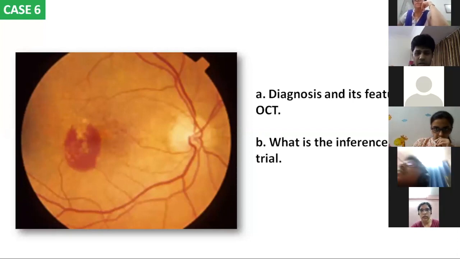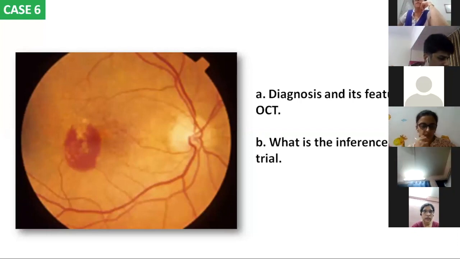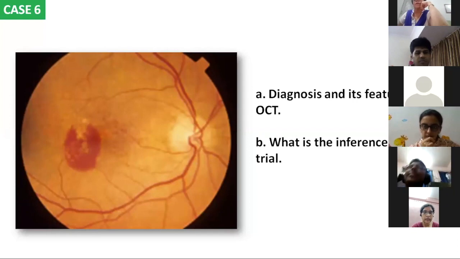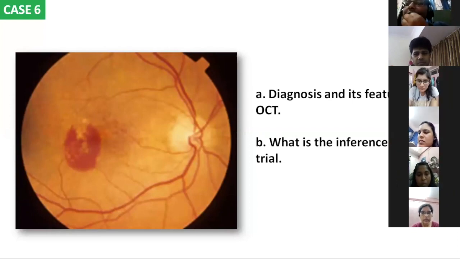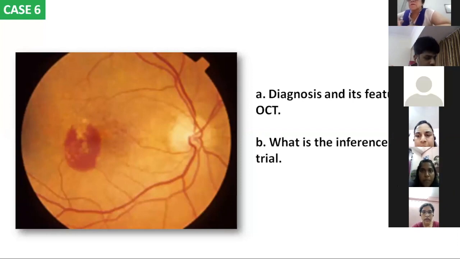Akash, you want to pass it on? Akash, it's already 30 seconds up. Please answer fast. Somebody else can answer if he cannot. Age-related. What is it? Hiteshi, can you take this up?